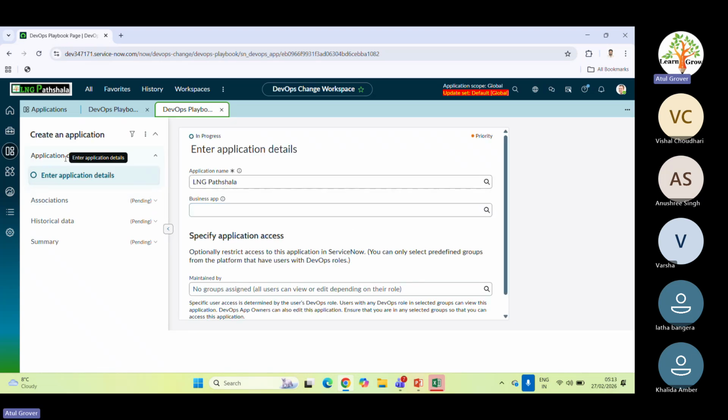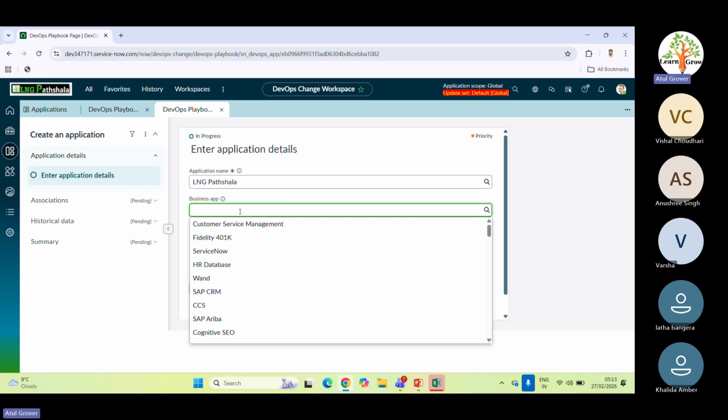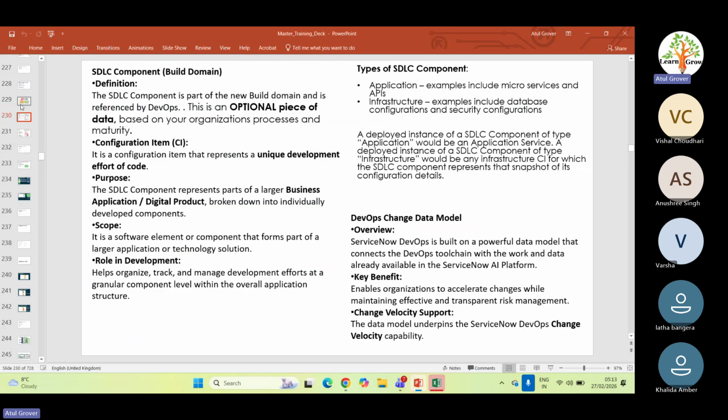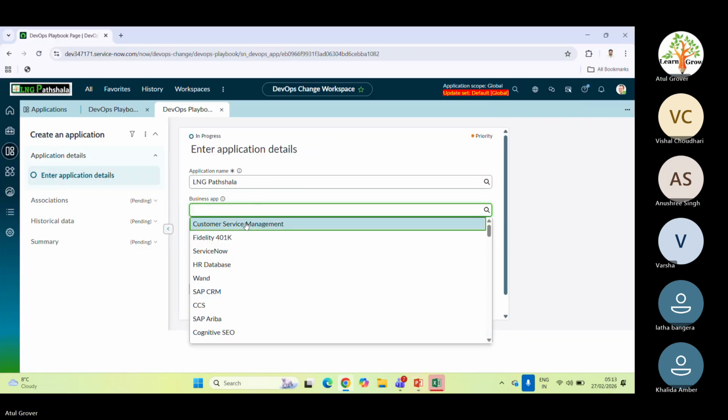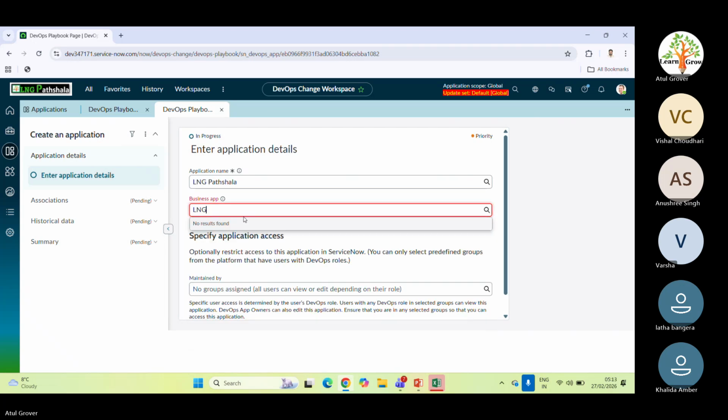It might be the first time you're going live with this service. It is creating the application, and this application should be included with a business application. So you're creating a service, sorry, you're creating an application. It means you're talking about something here. It should be linked with a business application. I say it will be linked to my